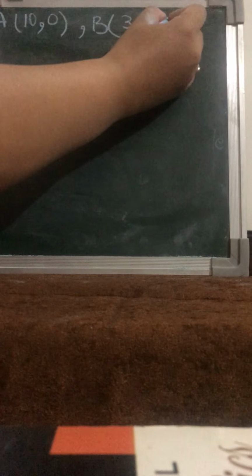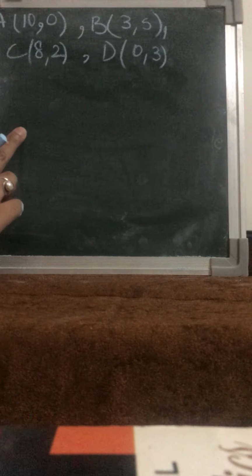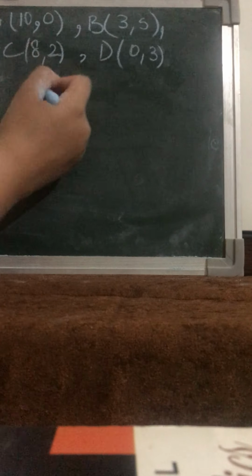one more thing. Children, I have a set of points with me. I have a point A 10, 0. Then B is 3, 5. Then C is 8, 2. And then D is 0, 3. I have 4 points and I have to plot them. So now